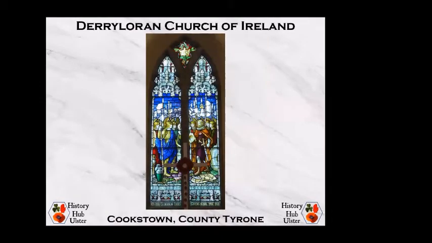Moving up into County Tyrone, Derryloran Church of Ireland in Cookstown, also called St. Lauren's Church of Ireland. This window was designed by Ward and Partners of Belfast, and the tracery window includes the Crown of Life. The main window in 2 lancet panels depicts King David and his, quote, mighty men who fetched water at great personal risk. The inscription reads, "Is not this the blood of the men that went in jeopardy of their lives?" And the window is dedicated to our glorious dead, Great War